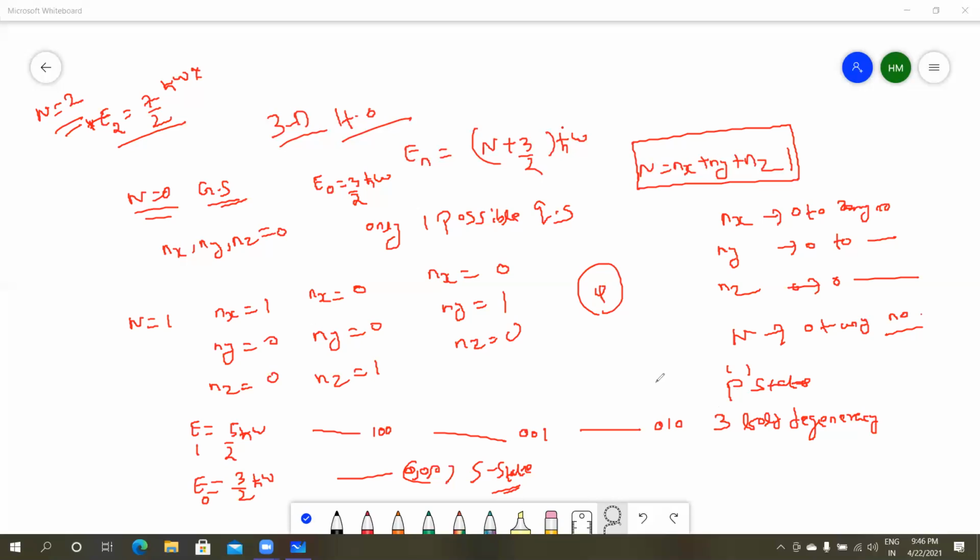That is like dumbbell, double dumbbell, like that. Dumbbell or double dumbbell, like that. So this is like